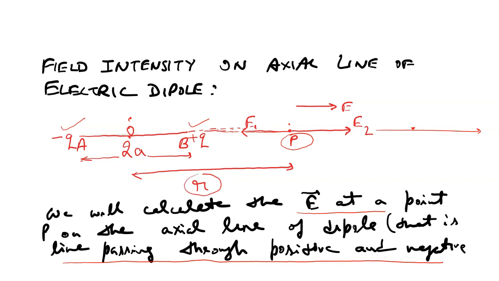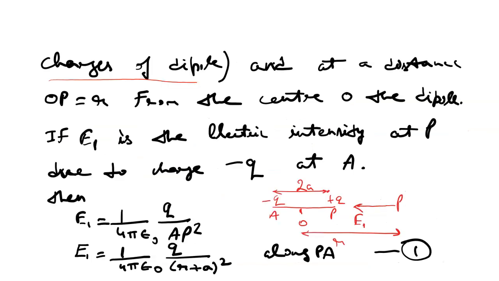Now why do we take the separation 2A between the two charges? Because the calculation becomes easier: when we halve it, it becomes A. If we took the distance between the two charges as A, the half distance in the calculation would become A by 2. There will be no difference in the answer. So the distance between the center of the dipole and the point P, where we have to calculate the electric field intensity, is R. Now at a distance OP equal to R from the center O of the dipole,